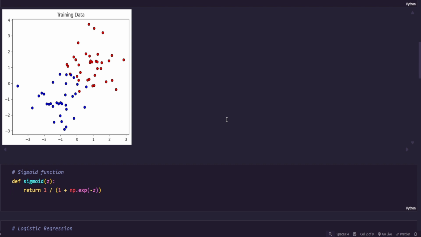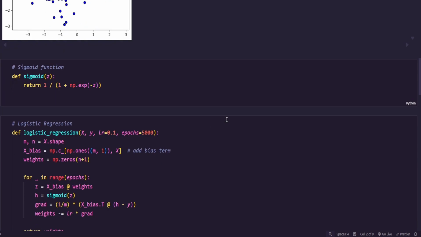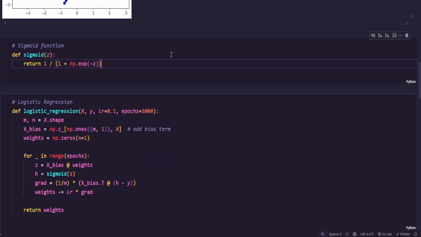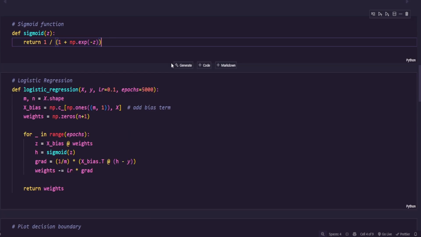Alright, now let's move on to the most important building block of our classification model, the sigmoid function. Here we have defined a function called sigmoid(z). Mathematically, it is written as 1 / (1 + e^(-z)). So what does it actually do? The sigmoid takes any input value, whether it's a very large positive number or a very large negative number, and squeezes it into a range between 0 and 1.